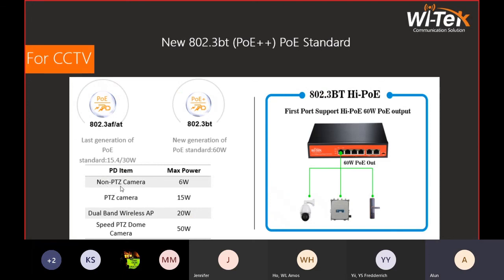Usually, different PoE devices cost different PoE budgets. Like a non-PTZ camera usually needs less than 15 watt, and a PTZ camera usually needs less than 30 watt PoE budget, and a dual band wireless access point like 11AC usually needs 20 watt for the power. And if it's a big, high speed PTZ dome camera